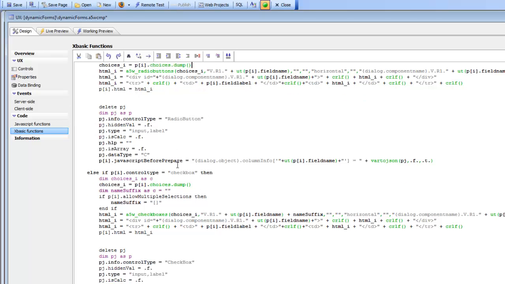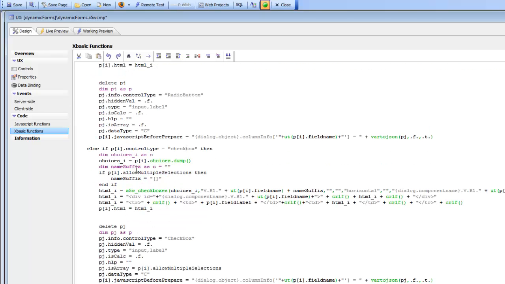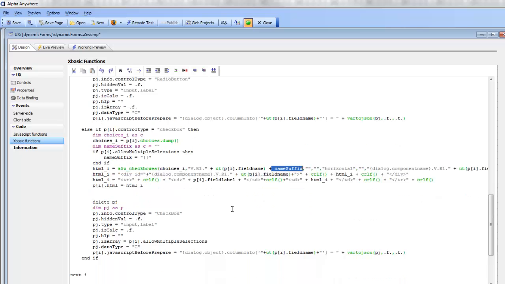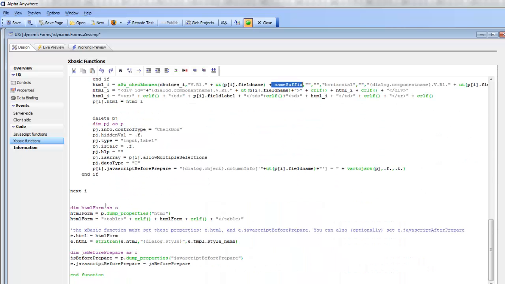But in the case here of checkboxes, where we have allow multiple selections set to true, we're going to add the name suffix onto the name that we pass into the checkbox control over here. So you can see we're adding name suffix over there. So that's going to generate the right HTML, and then you can see that now that we've got the HTML